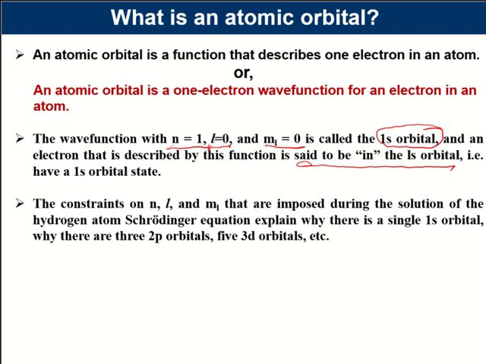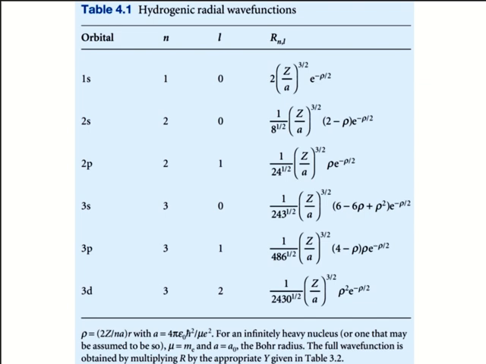Okay, so we'll see more about how the restrictions on n, l come from these quantum numbers, n, l and m_l. So why is there a single 1s, or why are there 2p orbitals, five 3d orbitals, all these things? So simple, we are going to have a view of the first few simplest